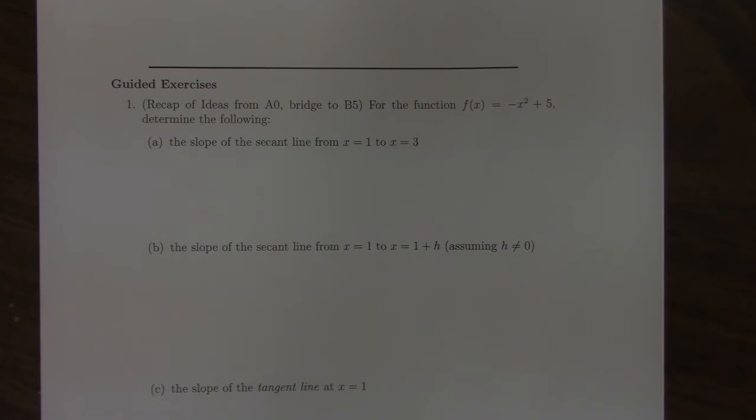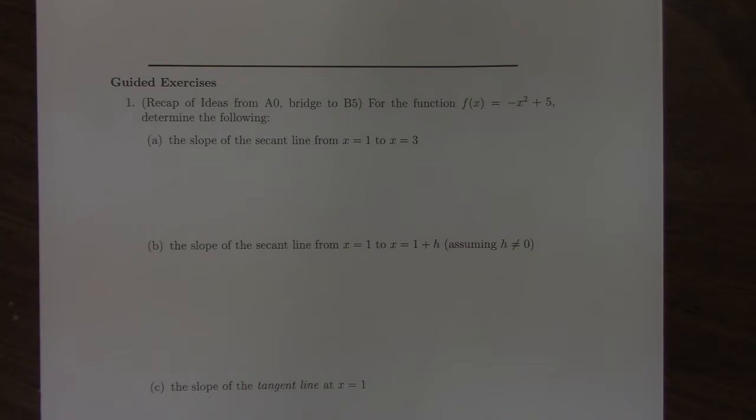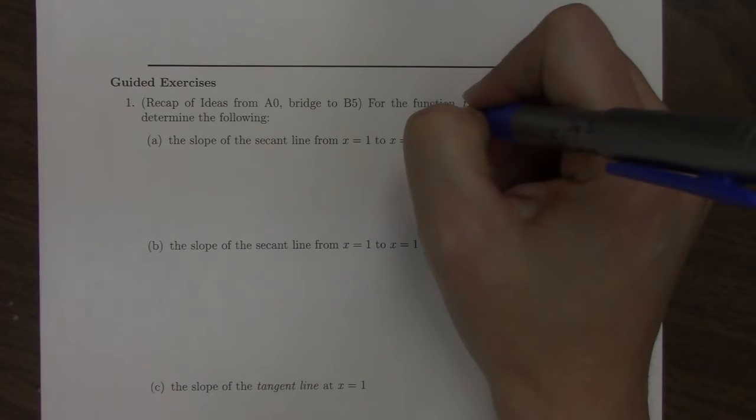In problem 1, this is a recap from the ideas we learned in A0. For the function f of x equals negative x squared plus 5, it says determine the following. Part A, the slope of the secant line from x equals 1 to x equals 3. So when you want to calculate a secant slope with specific values like this, we use the average rate